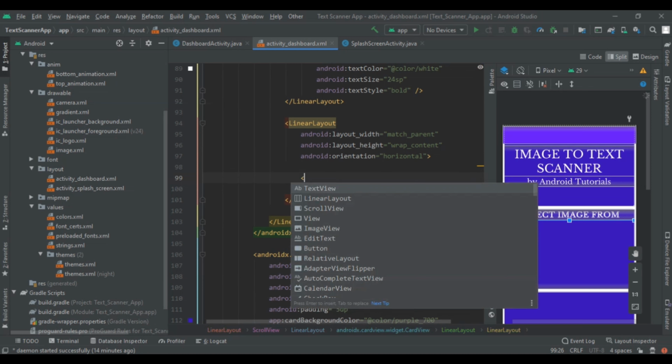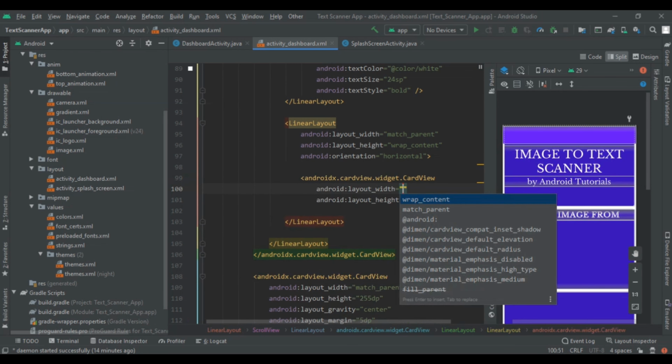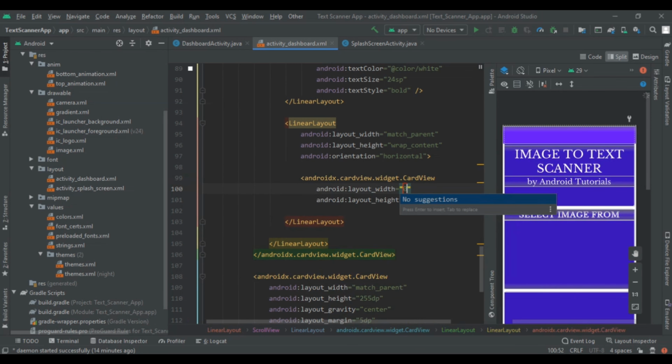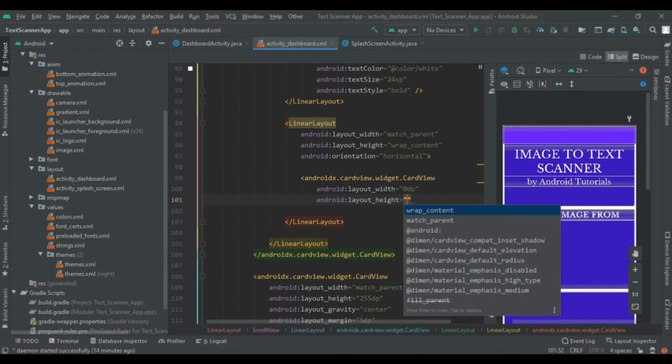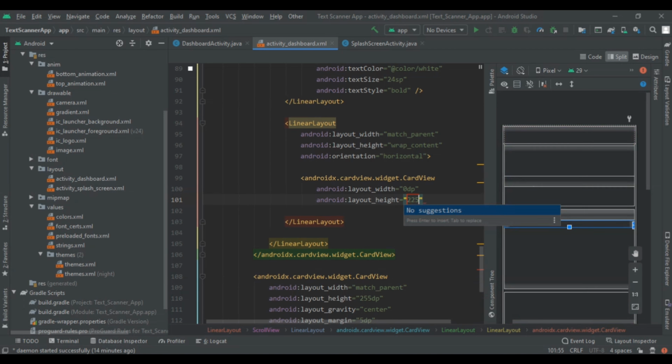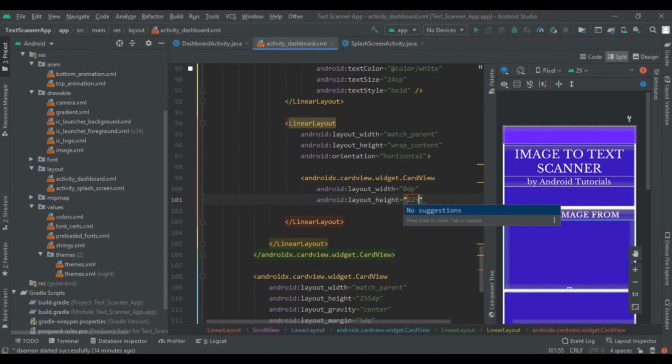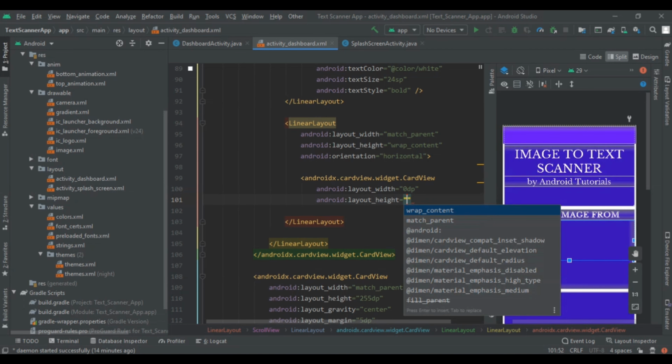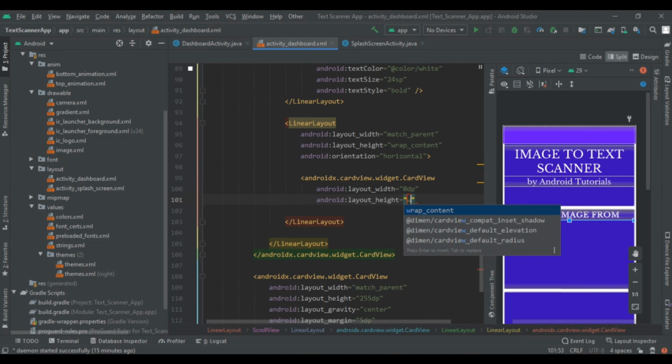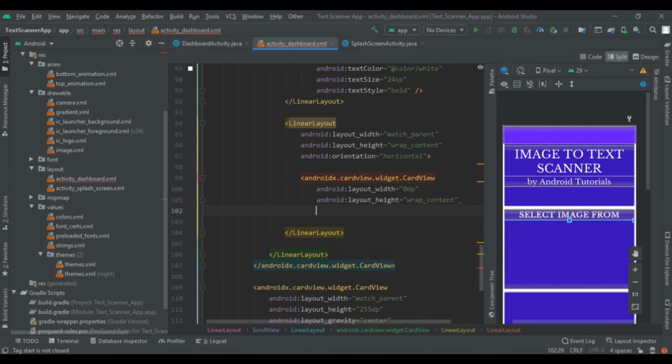So card view, width will be 0 dp, height will be 225, or match parent. So we write wrap content only, and then add the radius and all that stuff.